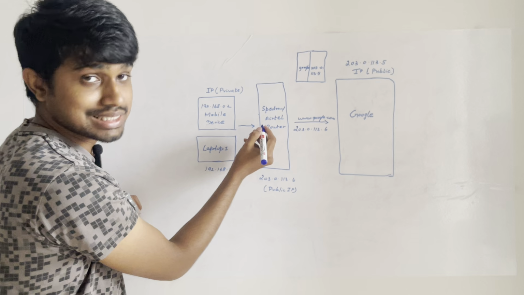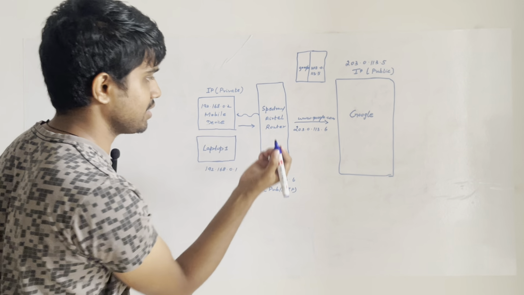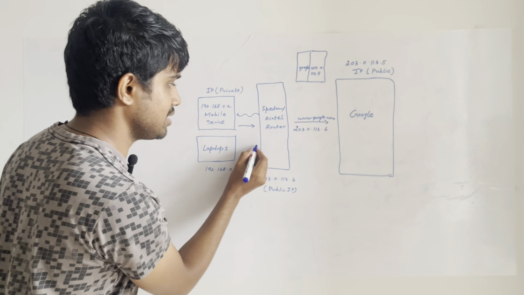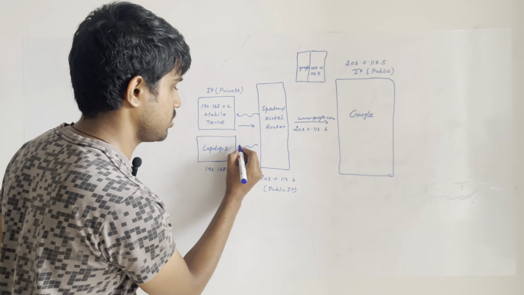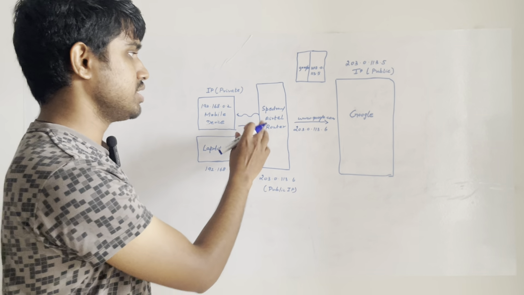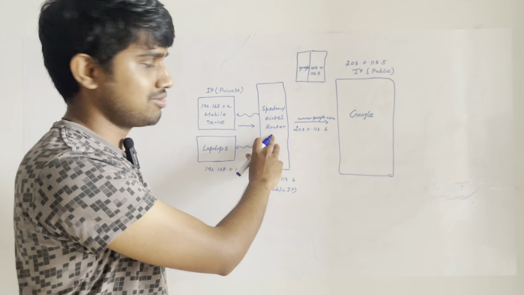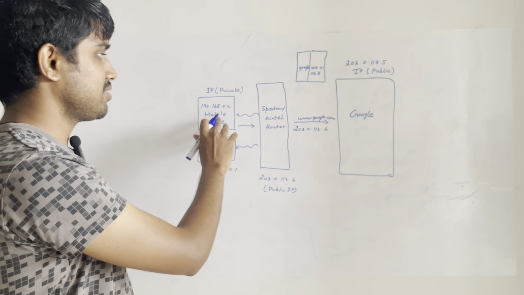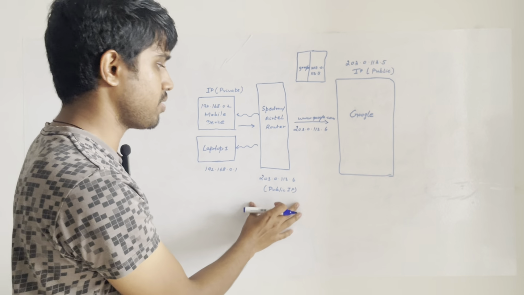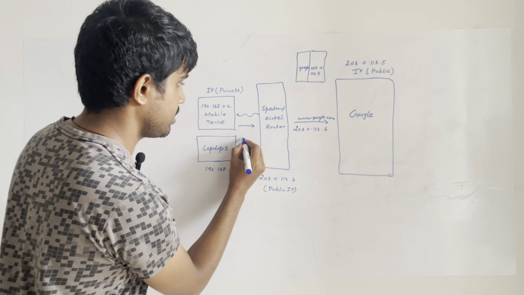So if your mobile has sent www.google.com, it will send the response back here. If your laptop sent www.google.com, it will send the response here, right? So this part where your router and the mobile device communicate, how the address translation happens from the public IP to the private IP, is usually called NAT,